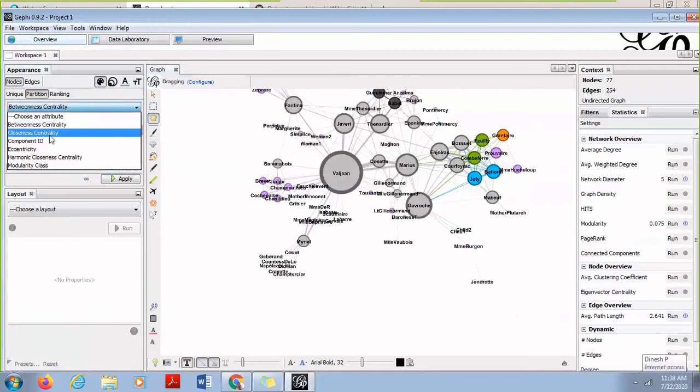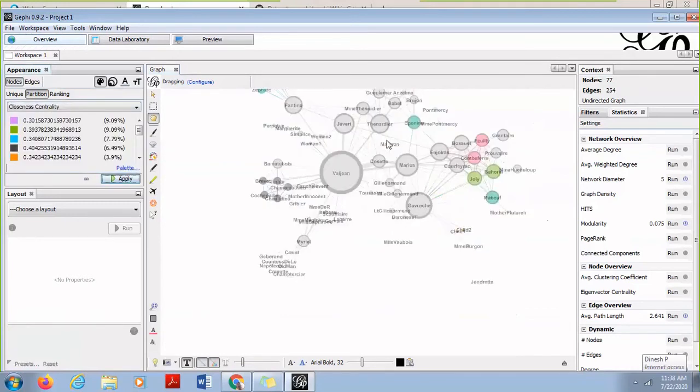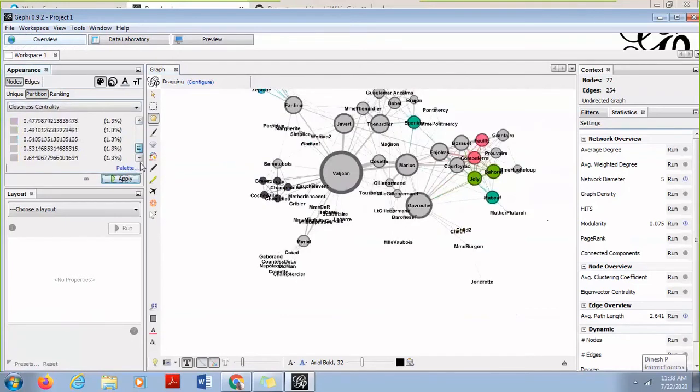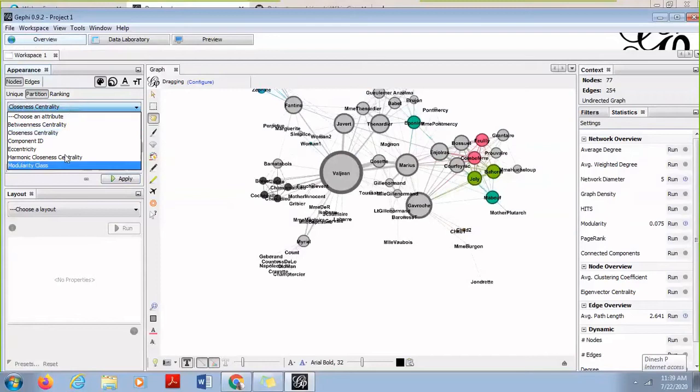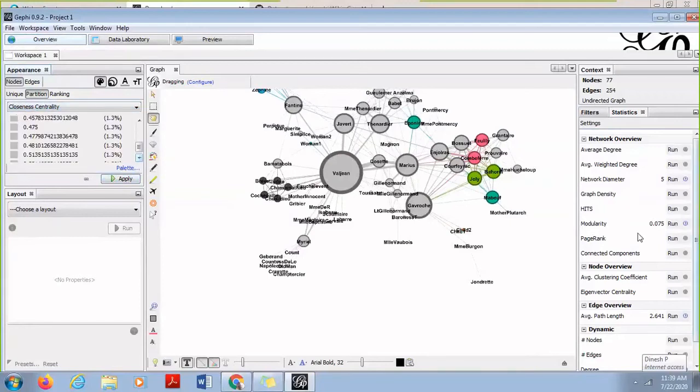Then I can also find out the closeness centrality. So if I select this option and say apply, I will be able to find the closeness centrality. Here you will see that different nodes have different values, and which node is closer to the other nodes as compared to the rest, which one is the closest to the whole network. You can see that here also. So these are the different measures which you can use when you are working on the Gephi platform.